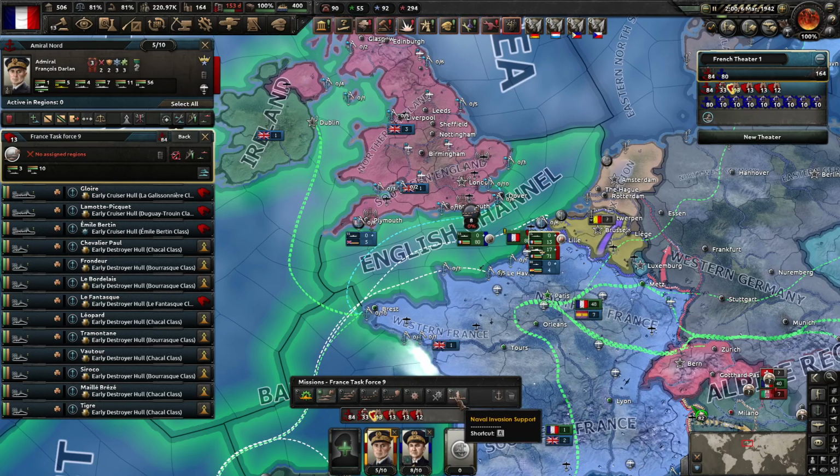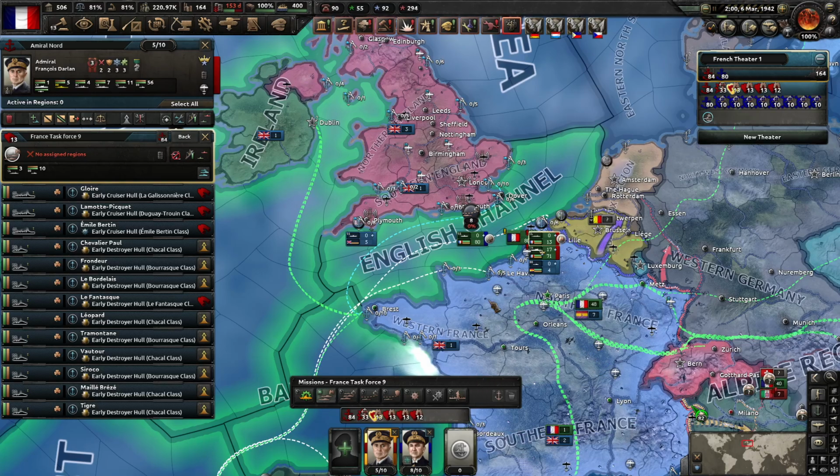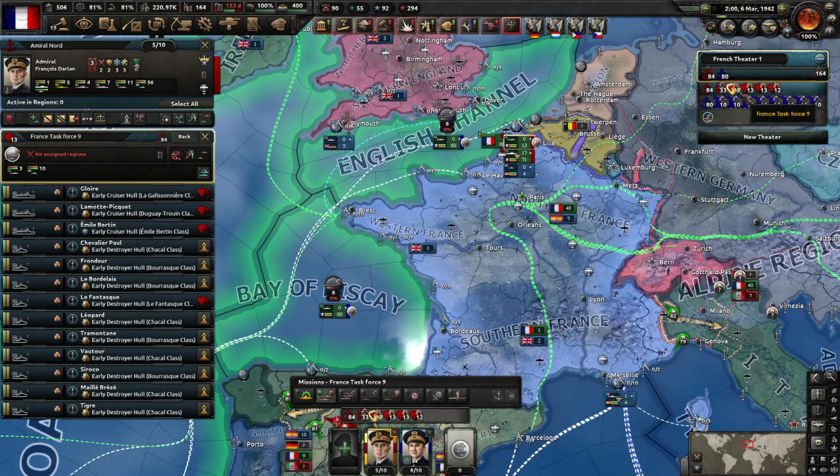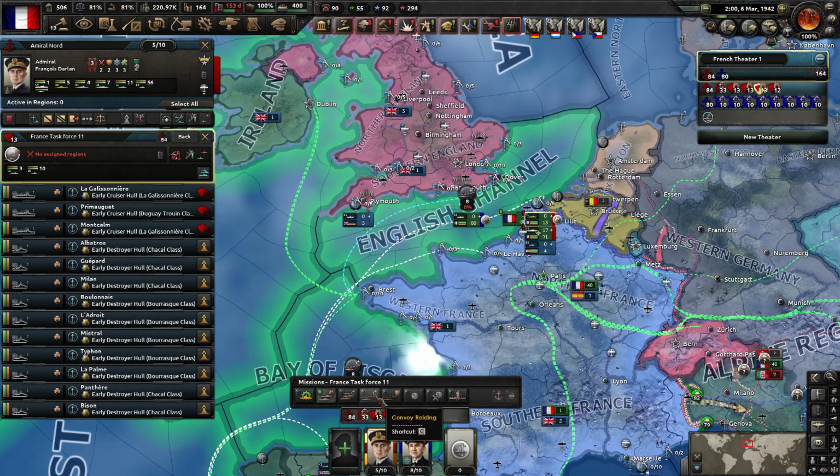Easy peasy. And then finally you got naval invasion support. Big ships on naval invasion support will provide a shore bombardment bonus to all battles that are happening via land unit naval invasion. You can do raiding with regular units if I wanted to. I could be having some of these